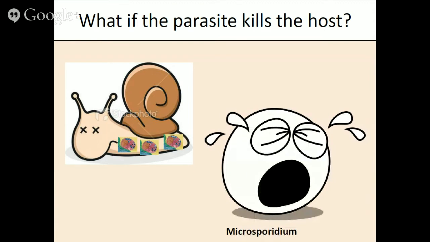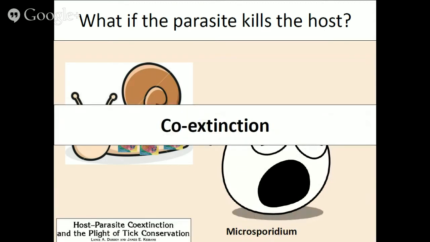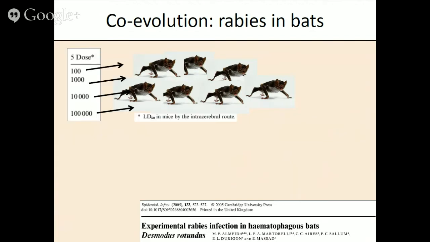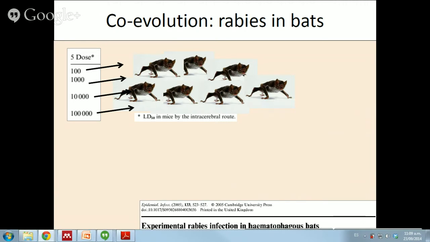Well, the parasite dies too, right? And that is known as co-extinction in biology. So another example of coevolution is rabies in bats. And here, what the researchers did is that they inoculated rabies in a group of vampire bats, captured in the wild, and they